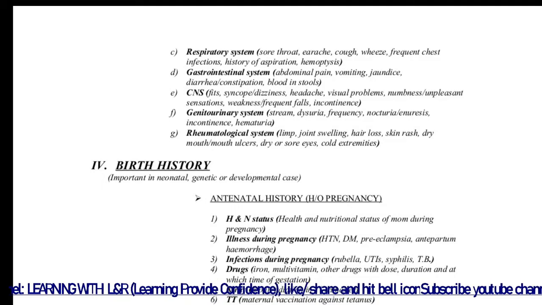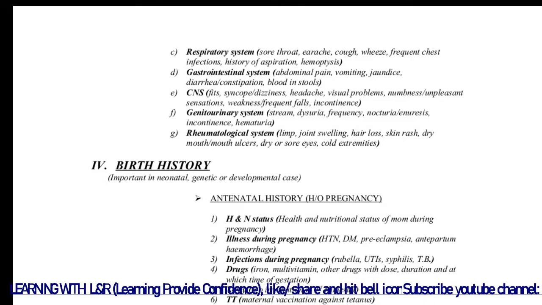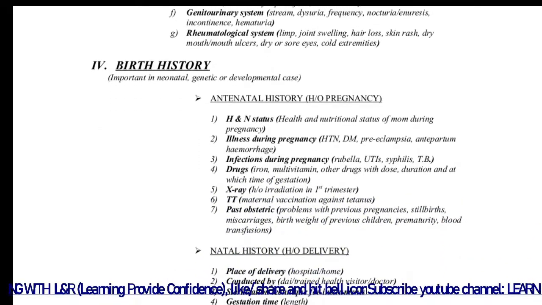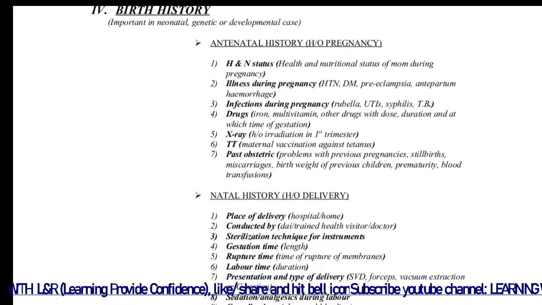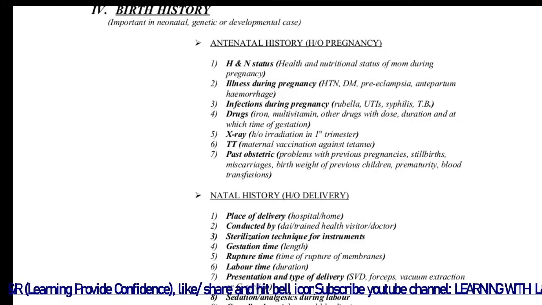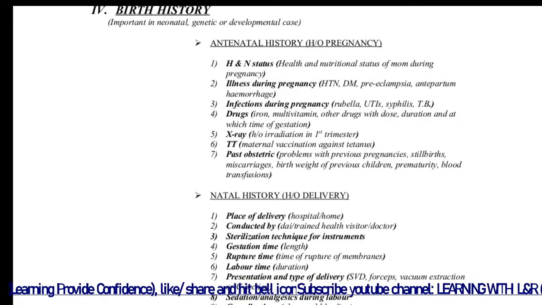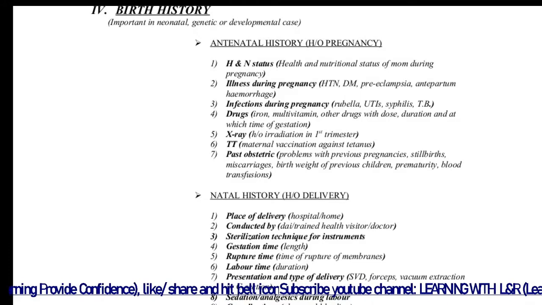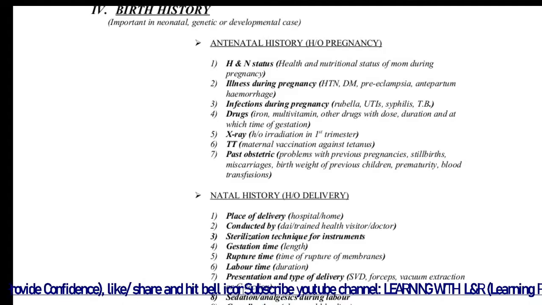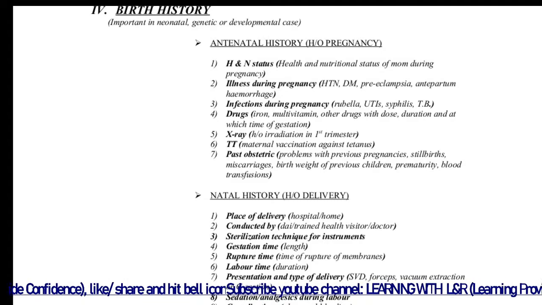It is very important for the neonate. In this, we have to ask about the antenatal history of the pregnancy, H and N status. H means health and N means nutritional status of the mom during pregnancy. Then illness during pregnancy, if any kind: hypertension, diabetes mellitus, preeclampsia, antepartum hemorrhage,